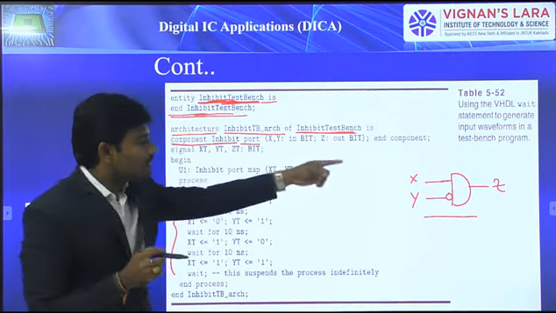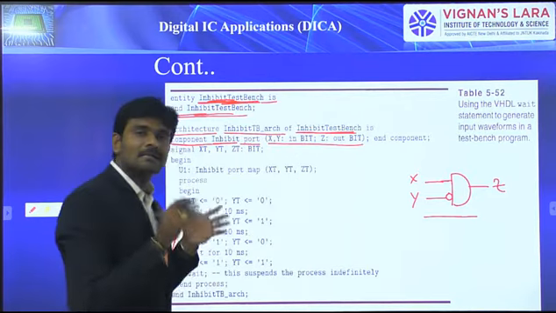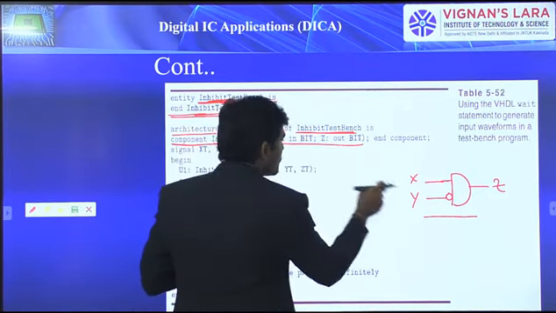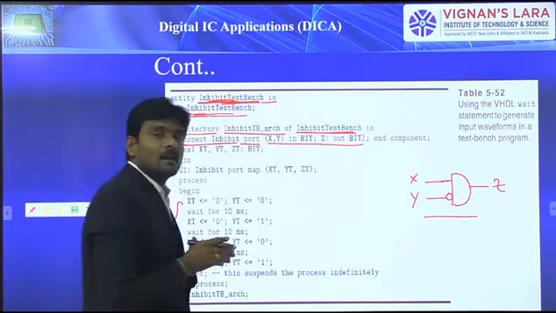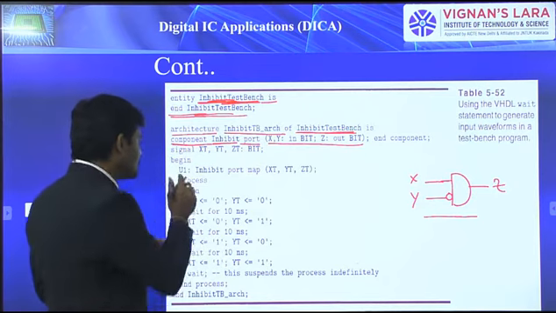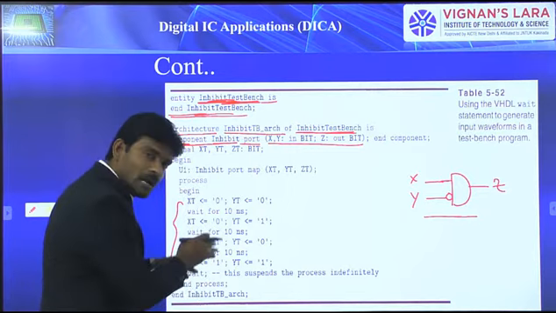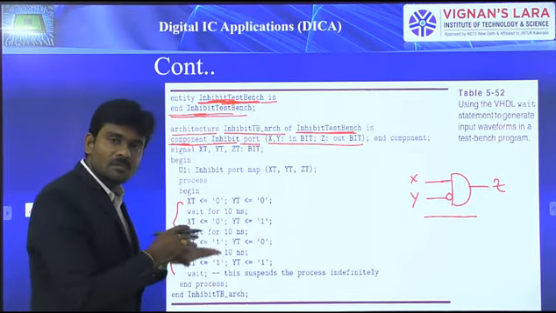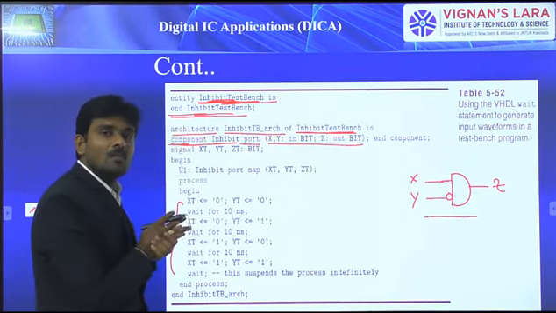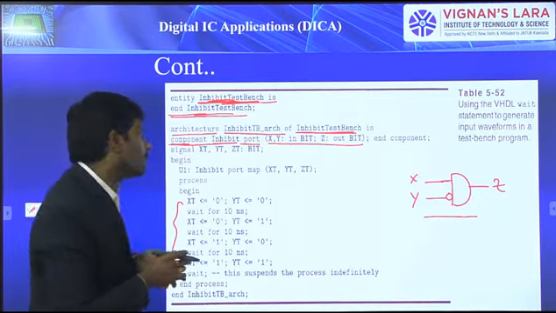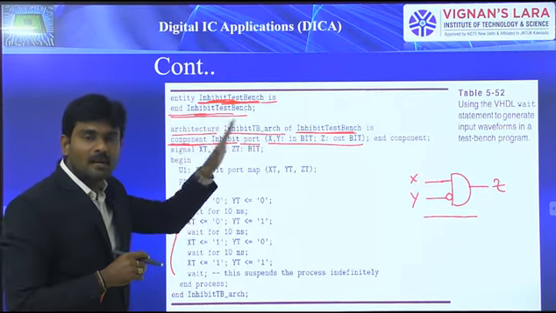In general, this is what we developed as a program earlier, and according to that I directly considered the inputs and outputs. X, Y are the inputs where the type is bit, Z is the output where the type is bit, and end component. This is the component declaration. Whatever module we are generating a sequence of inputs for must be declared as a component before the start of the architecture body. So we consider it. The component declaration of the inhibit gate was done over there.